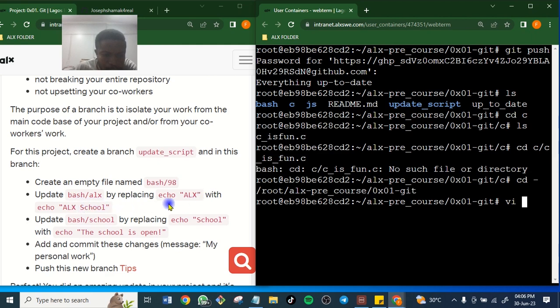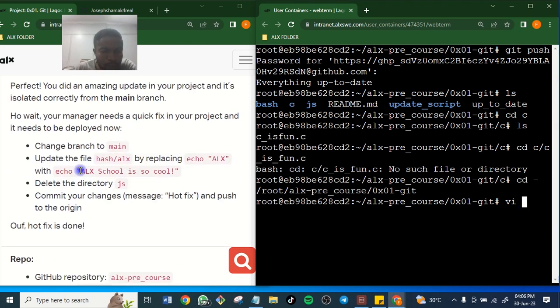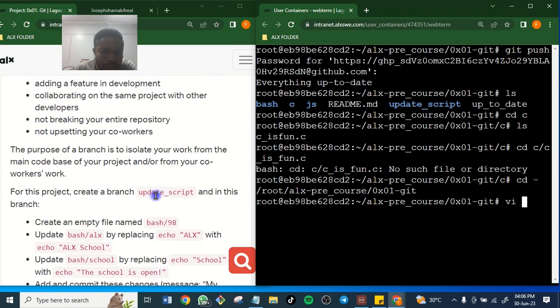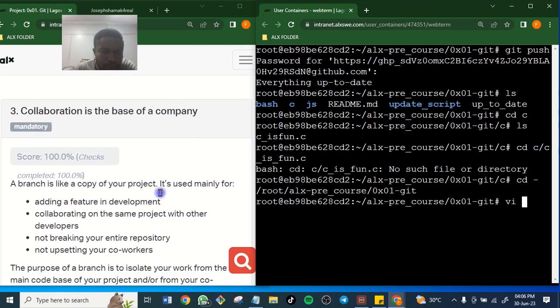Okay, I already redirected them to a branch. I created a branch. I moved this bash alx to a branch. Oh, I see. It is now in a branch.